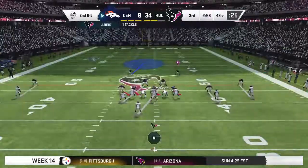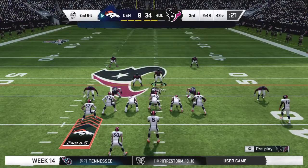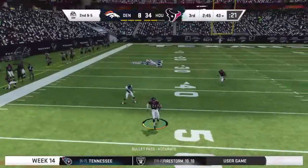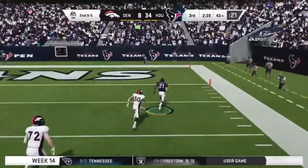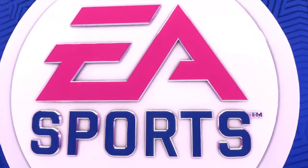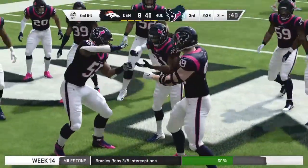But I think from our experience together, we have learned that most offensive coordinators are going to tell you, if I'm going to run the football on 1st down, I've got to get at least 4 yards. They got 5 here. And he's going to be intercepted a 3rd time. Picked off by the corner, Bradley Roby. And they will score a pick